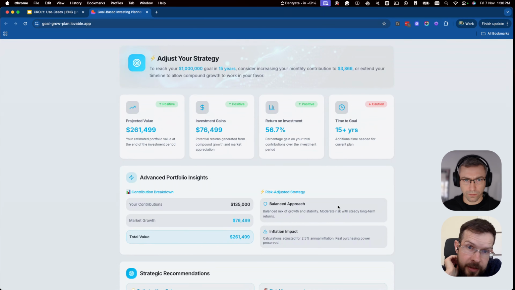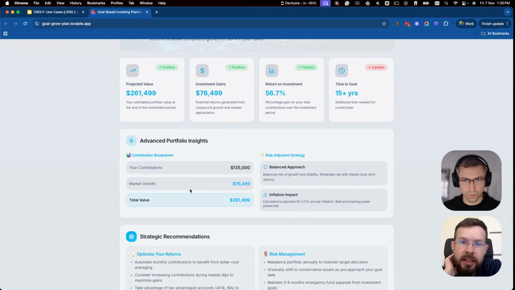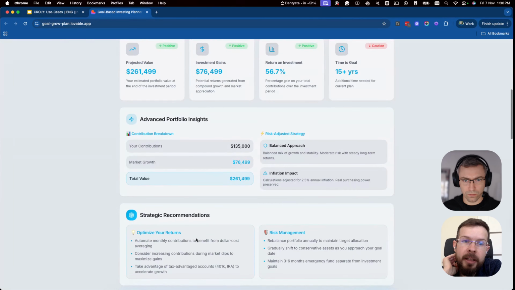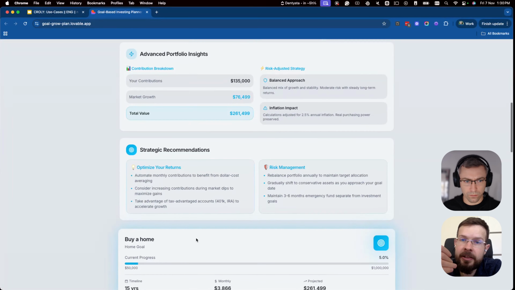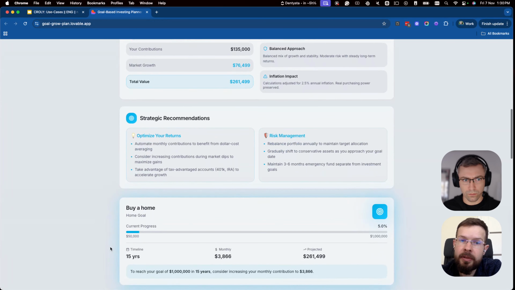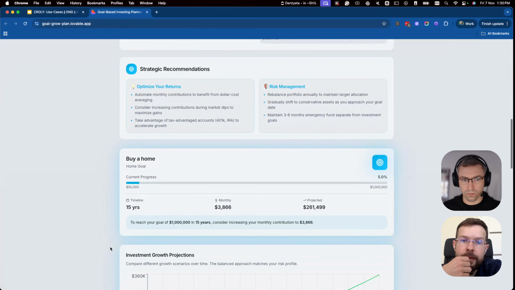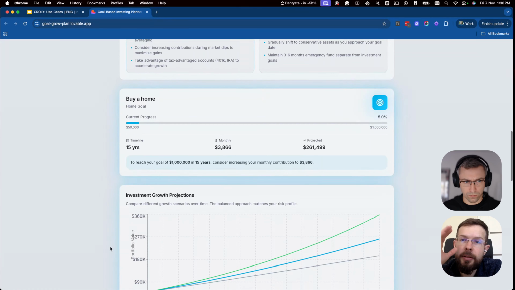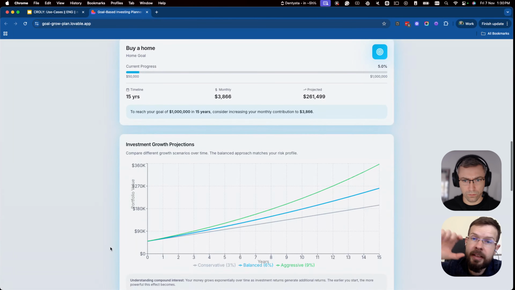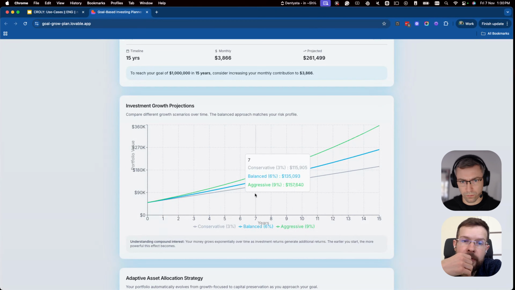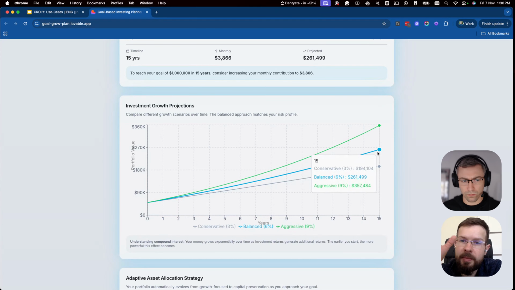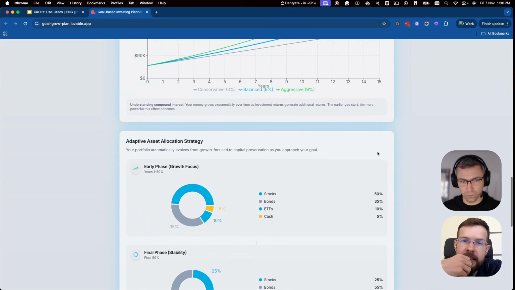You will have to increase your monthly contribution to meet your goal. And if you scroll further down, there are calculations of how much you will actually put in and how much ROI you will have. What I really like about this is that a smart investor adjusts the size and structure of their portfolio over time. So we will see in a second how, from year to year, or stage to stage, whether you are in the early, mature phase or close to closing your portfolio, the balance between bonds, ETFs, and cash